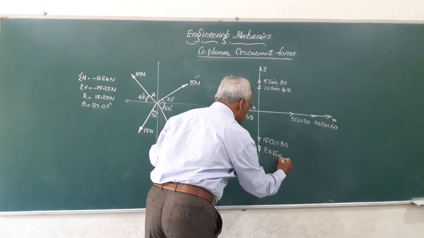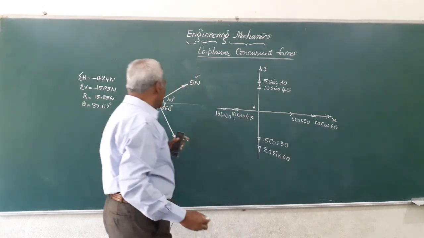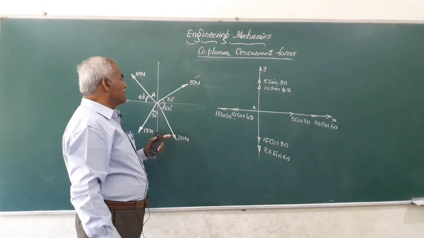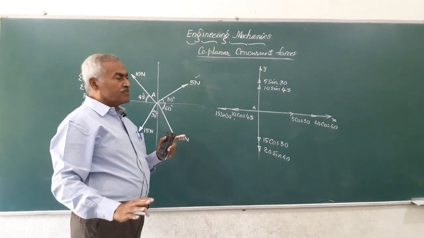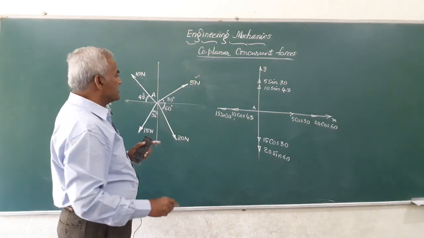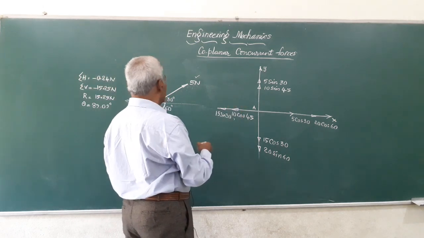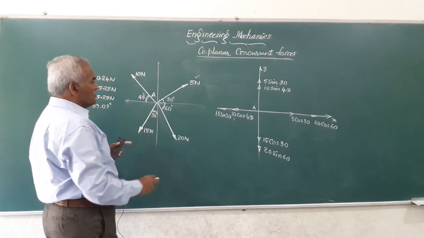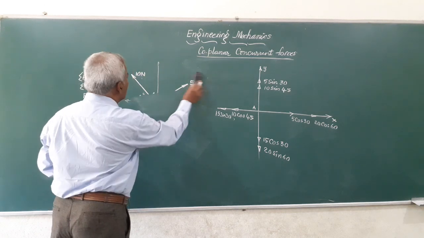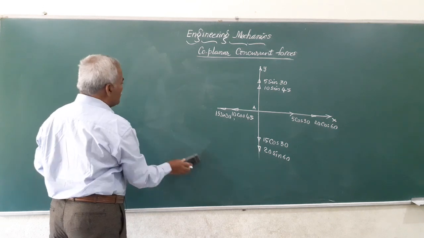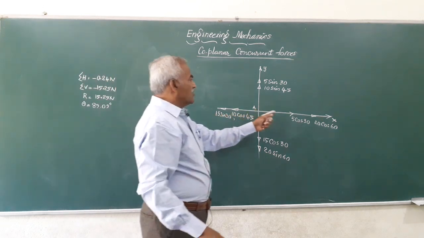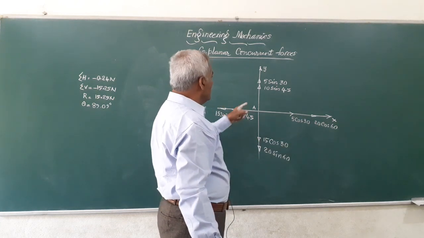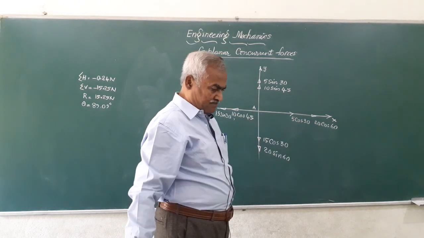20 sin 60. Friends, what have we done till now? We have taken each of these forces separately and resolved them or split them into two components in the x and y direction, which are mutually perpendicular to each other. Friends, now let me rub this and proceed with the problem. So, whatever the forces you have got here, we have got two forces in the x direction, positive direction, two in the negative, two upwards, two downwards.